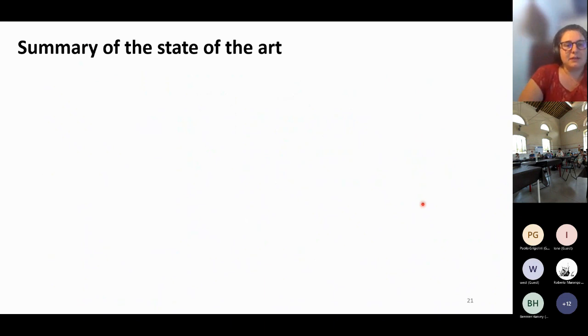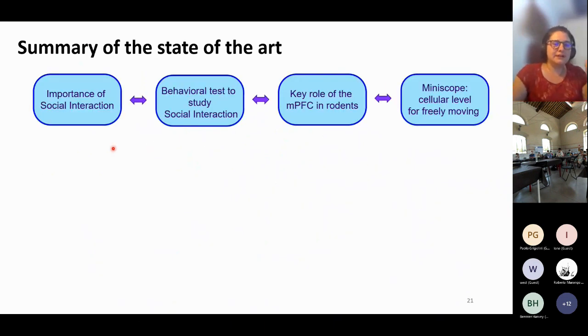So after this background, we know the importance of social interaction for the health and the well-being of every individual. And we know the behavioral test to study social interaction and the role of the medial prefrontal cortex in rodents and in humans, and the subcortical structures. And now we have some devices, some miniscopes, to study neural activity at cellular level,